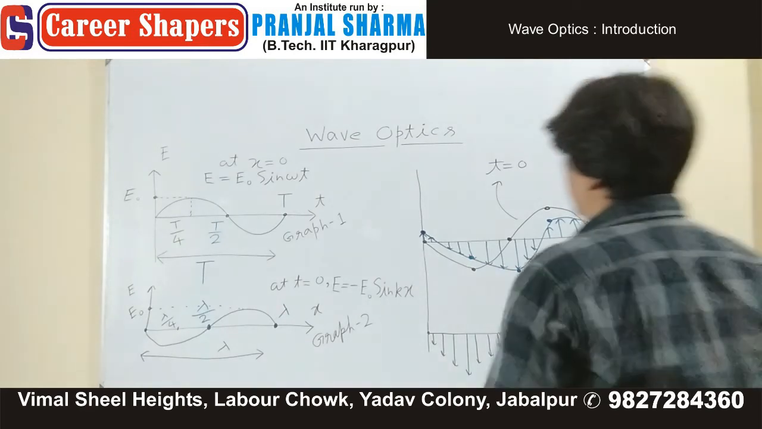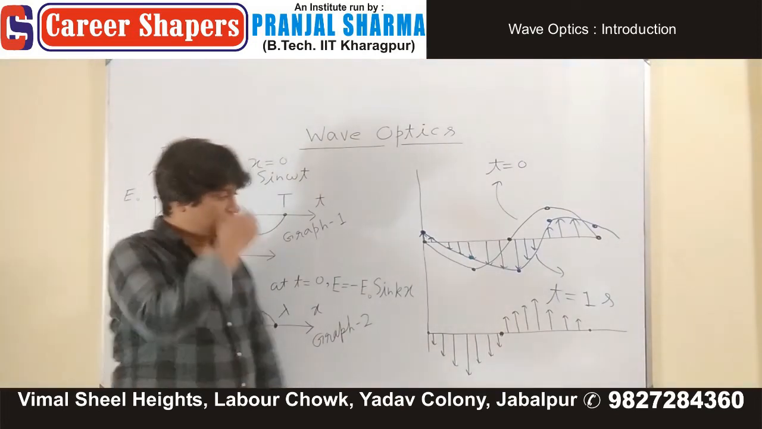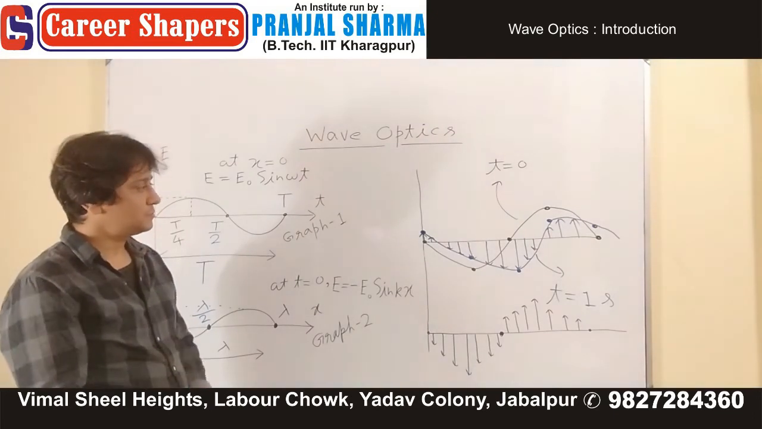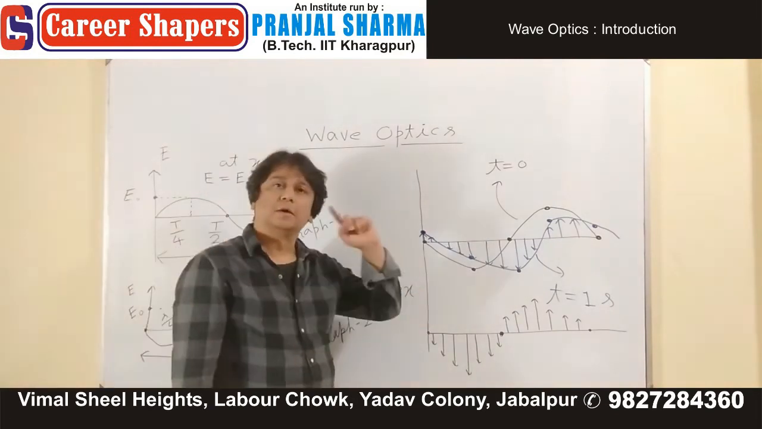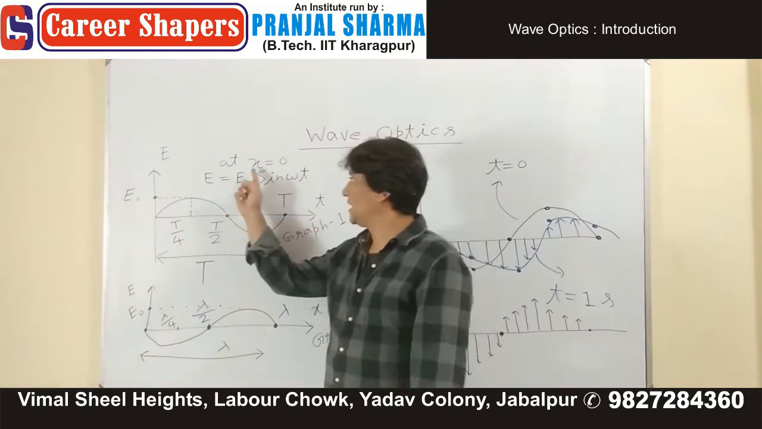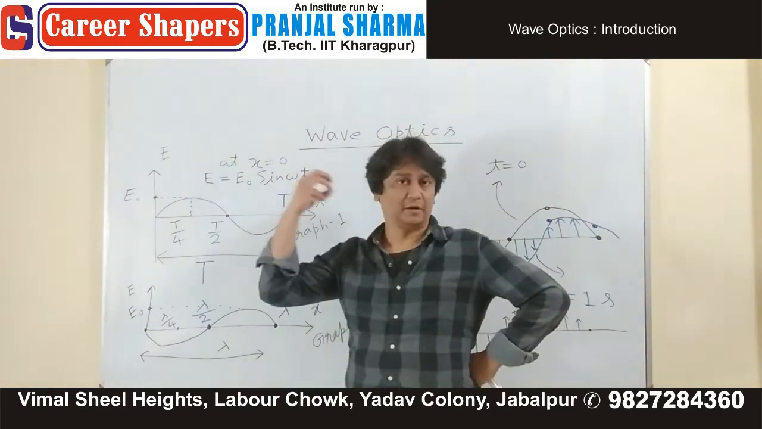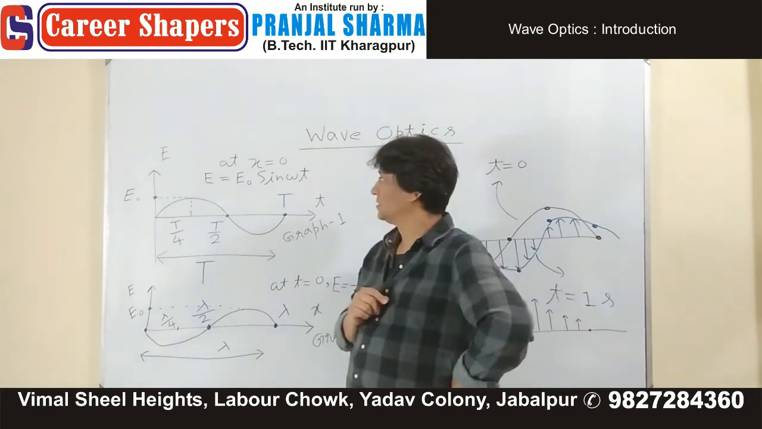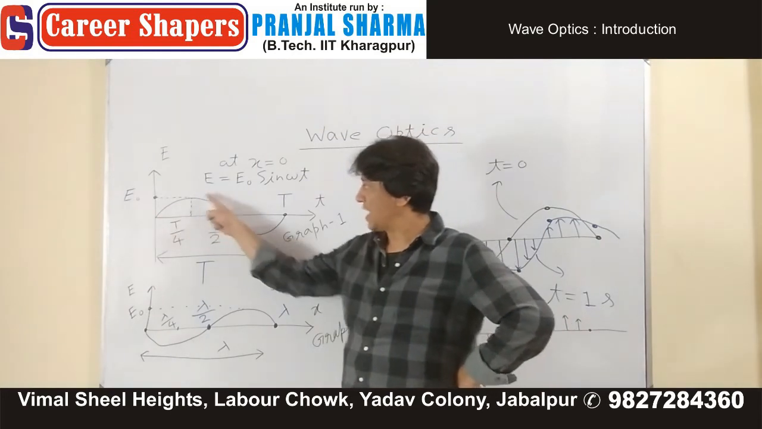Now, why do we need this much knowledge about electric field and its variation with time and position? Your eyes, let's say, are placed at x equals to 0. Light is coming, and at x equals to 0, assume that you have your eye present. So your eye is going to see this variation,